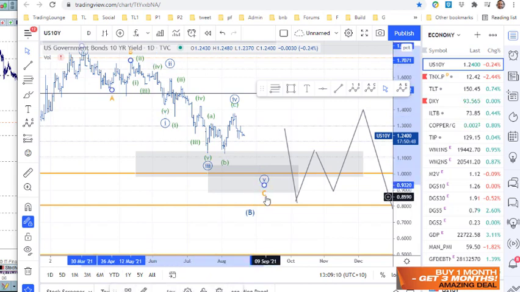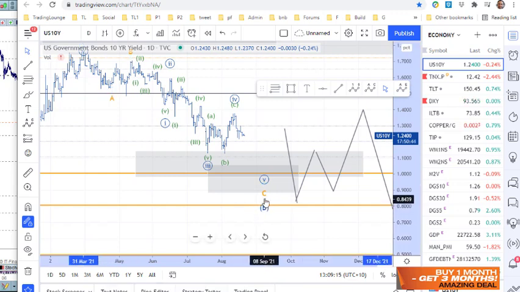I've got to be careful at wave C here because it could also be wave 3 at that point as well, but I'm putting wave B here for the time being. So it's just something else that we've got to work through, but it's quite clear that this move down here was a B wave, so it makes this an A and a B and a C quite nicely, and we do have a very clear wave 1 down here, so I'm just a bit unsure about the wave 2. So we're on the right track for the yields to head lower for a bounce at 1 here,